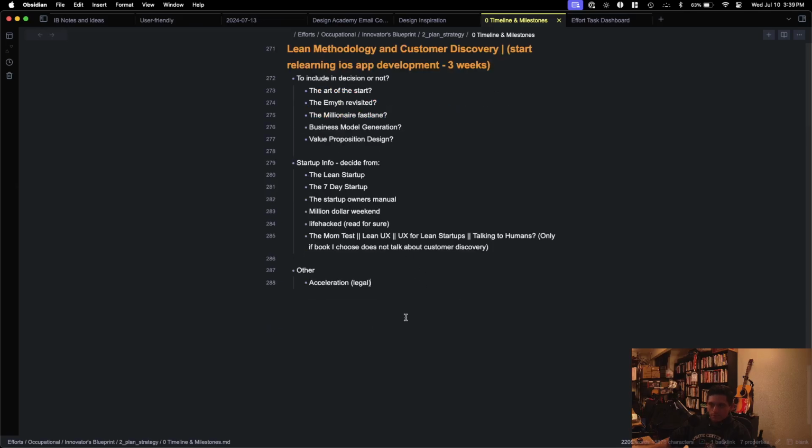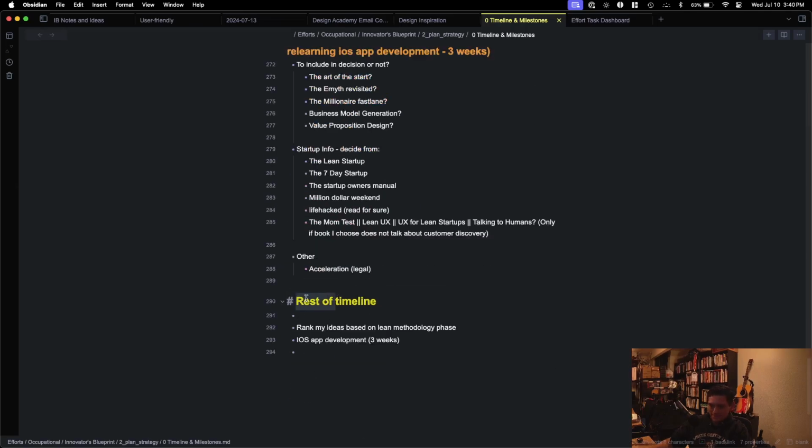And then from there, going to learn iOS app development, 3 weeks. iOS app development 3 weeks. My ideas based on lean methodology phase. Wait. Okay. Actually, I need to have this from the start. Complete timeline. So,